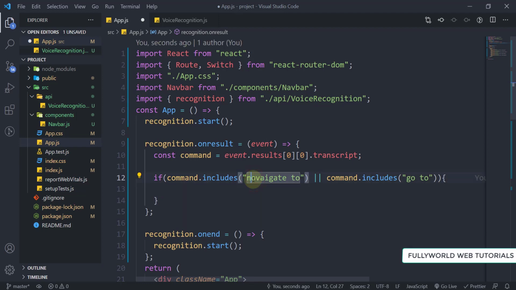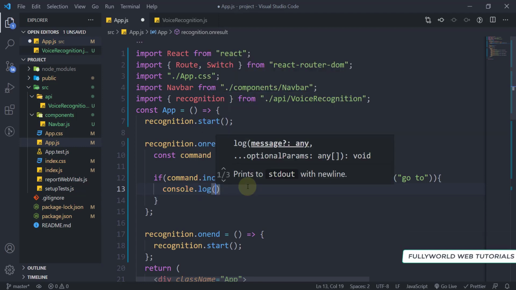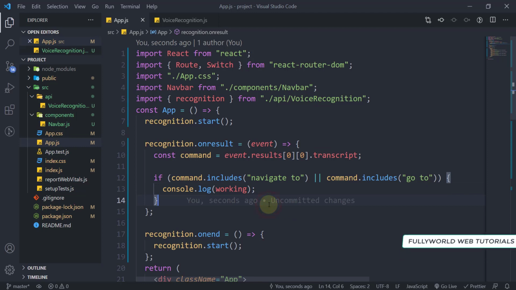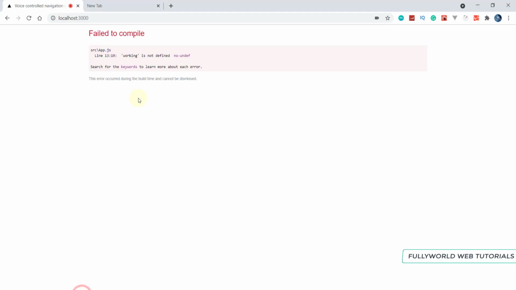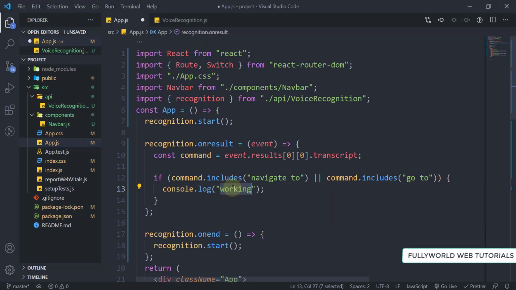Here will be navigate to. Let's see here. I'm going to console.log our command here only.